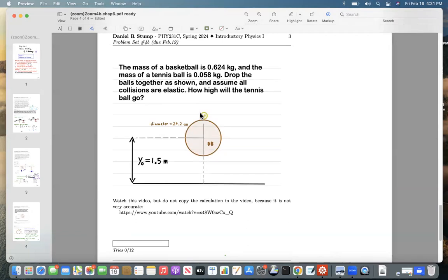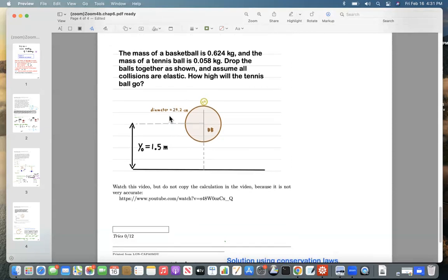Now, hold them there so that they're both in that position, and then let go simultaneously so that they both fall together. Another quantity I need is the radius of the basketball, or the diameter. What's the diameter of a basketball? It's written down here as 24.2 centimeters. That's the diameter. Maybe I looked that up on Google. All basketballs are supposed to be standardized, so I could just look up the diameter of a basketball: 24.2 centimeters,